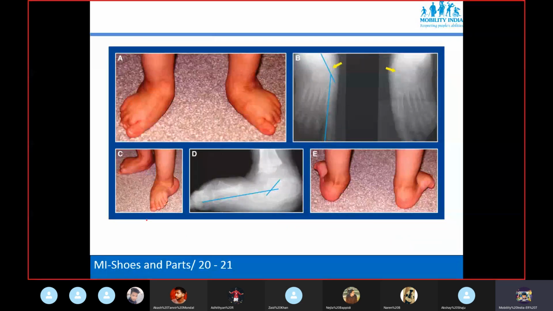You can see here the foot is abducted. And if this foot is flexible, what is our objective? To bring the foot from abducted to adducted. So here which flare of shoe last do we need?